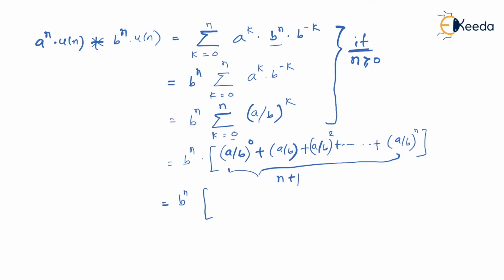First of all, you have to write the first term. As you can see, a by b to the power 0 will result in 1. So the first term is 1. And if you take the common ratio, how to take the common ratio? That is any term's ratio with respect to the previous one. So it will always give you a by b. So here a by b is the common ratio. So what we have is the first term multiplied by a by b to the power n plus 1 minus 1, divided by a by b minus 1.